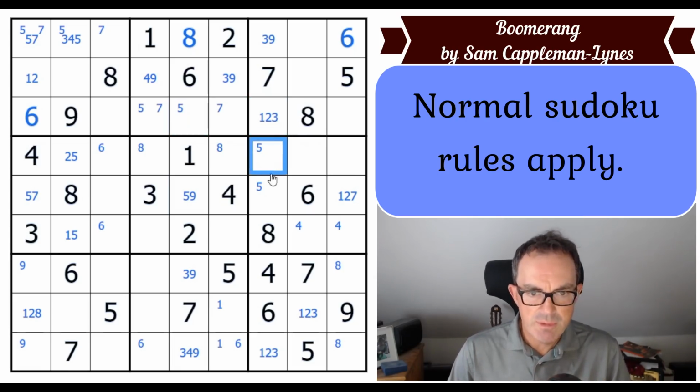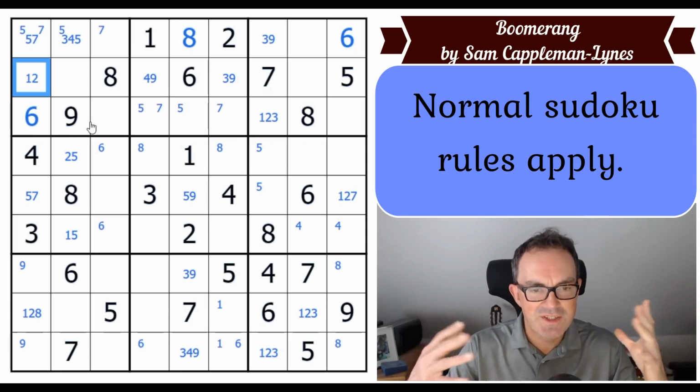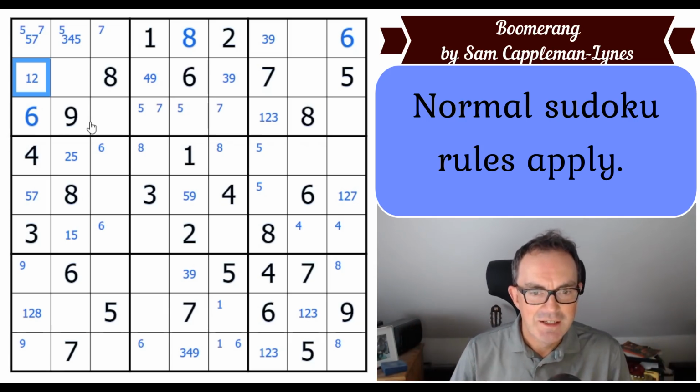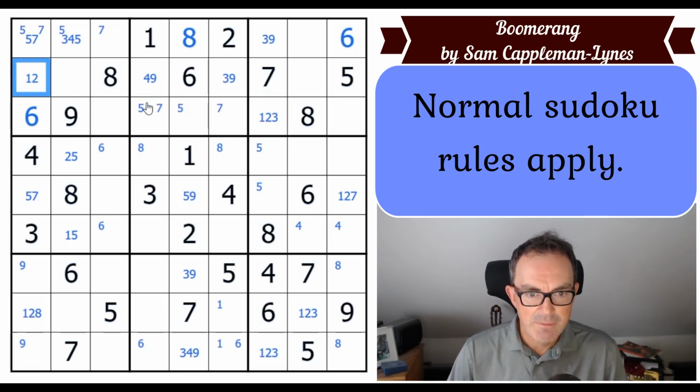The other thing we could think about, knowing this is a puzzle by Sam that is meant to be a showcase puzzle, is that this being a 1 or a 2 is the sort of thing that gets your spider senses tingling. A single cell in the grid being a 1 or a 2, because if you were setting up a puzzle to showcase a technique, you might focus on the digits 1 and 2 to demonstrate it. But having said that,